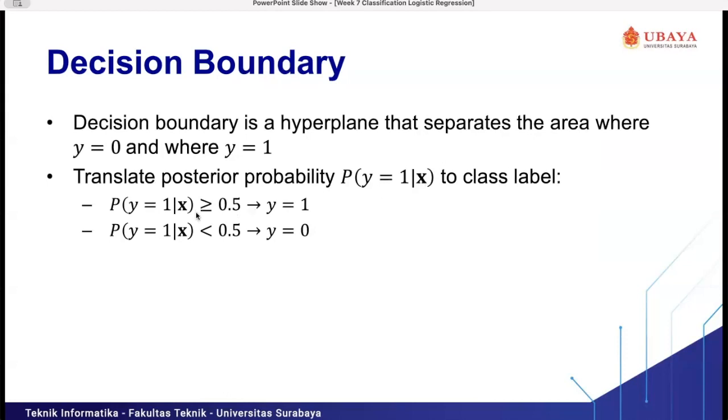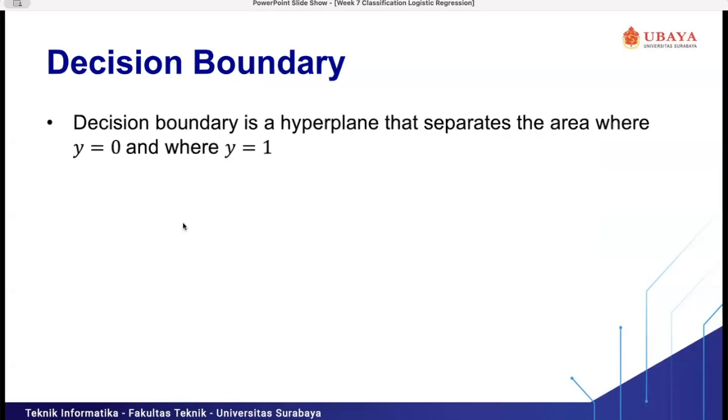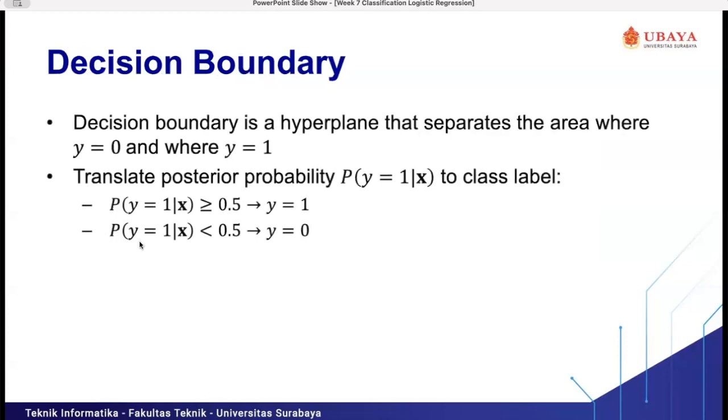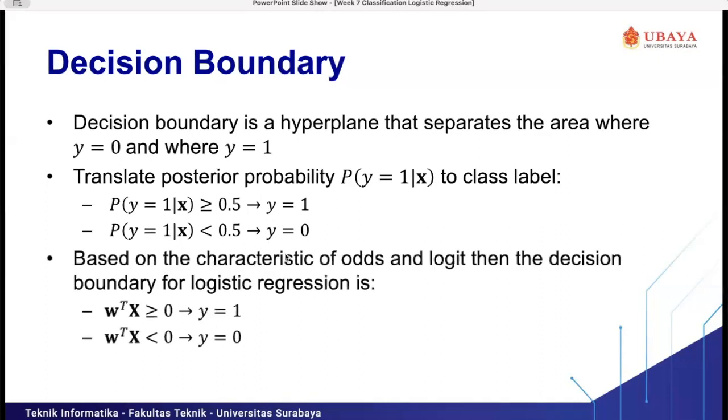If you choose the sigmoid function, the probability output, if the output is greater than or equal to 0.5, then y equals 1. But if the output probability is less than 0.5, the output will be 0.